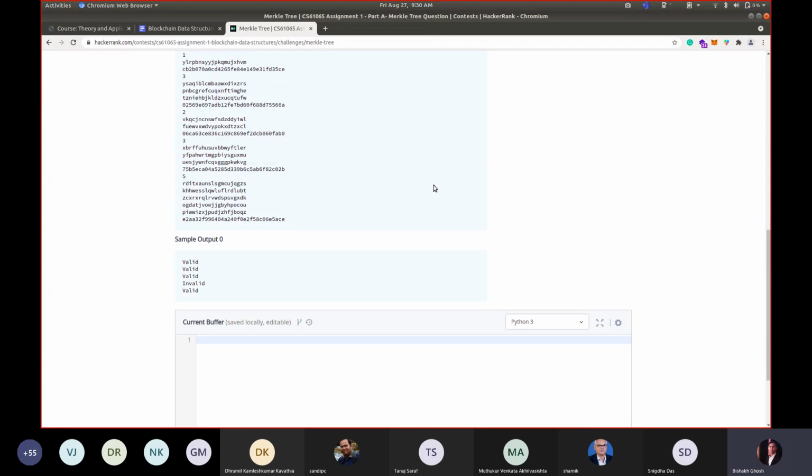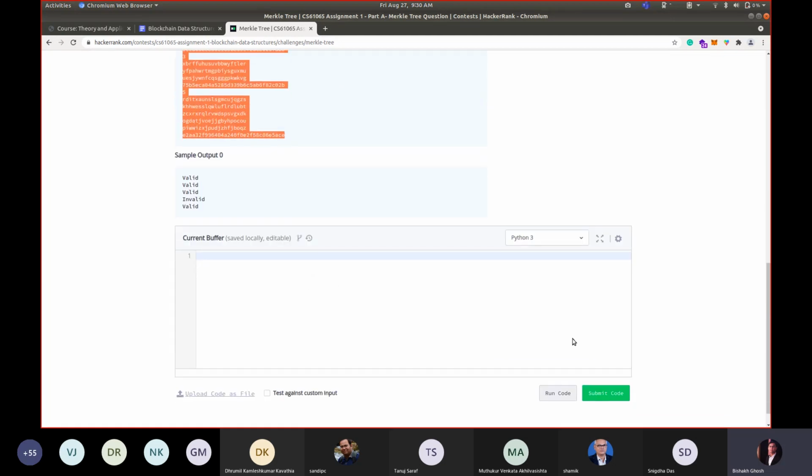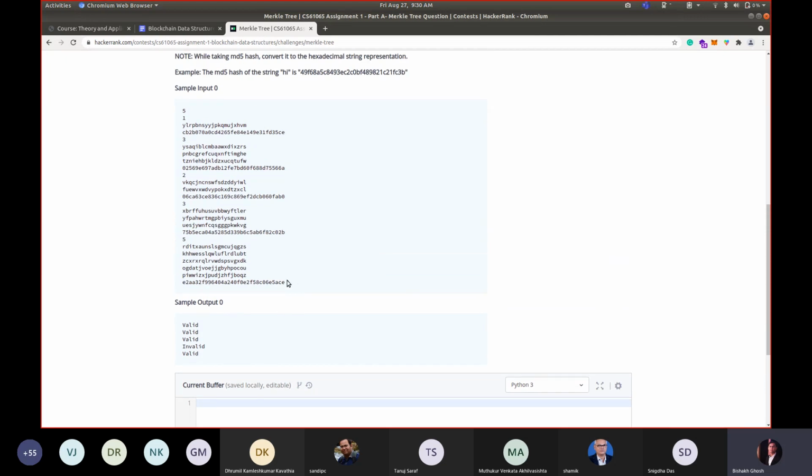Then you will be evaluated based on two sets of inputs. One is already given here, so that you can run your code and check if it is working or not. In this portal, all the inputs will be given in standard input, stdin, and the output you have to print in standard output. This will be provided line by line, so you have to parse the inputs from there and use it.